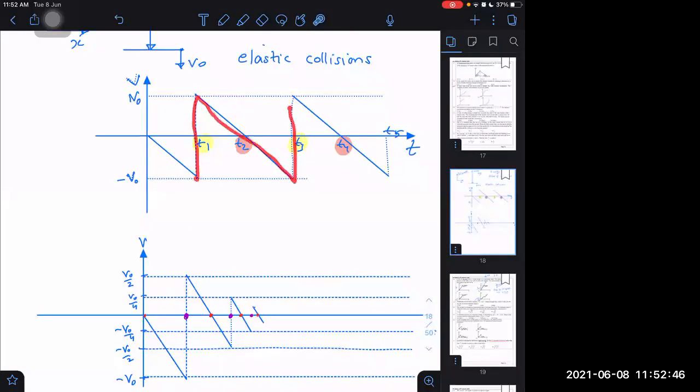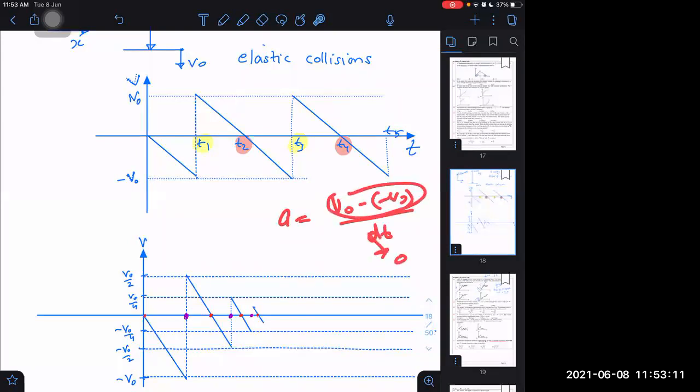It is continuous from here to here this way. But this is a little bit undefined. We can't even define it because the slope becomes almost 90 degrees. There is very large acceleration suddenly at that instant, and that changes its velocity suddenly from minus V0 to plus V0. You can think like this: acceleration is change in velocity, V0 minus of minus V0, upon the time interval of change. The time interval is very small. The numerator is finite, the denominator is almost 0, so acceleration becomes very large, almost infinite. Therefore, these graphs have very large slopes here.